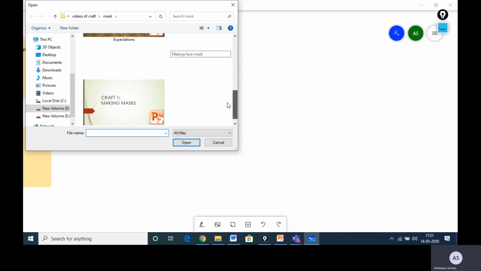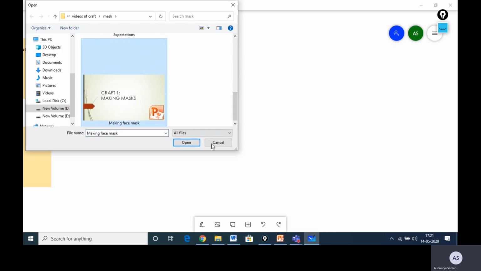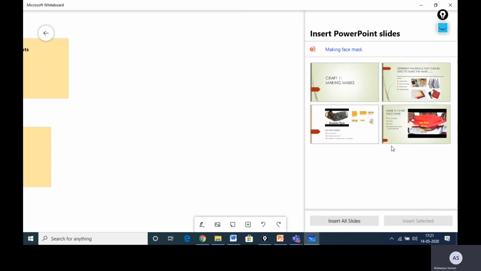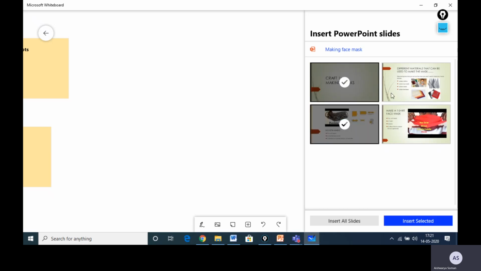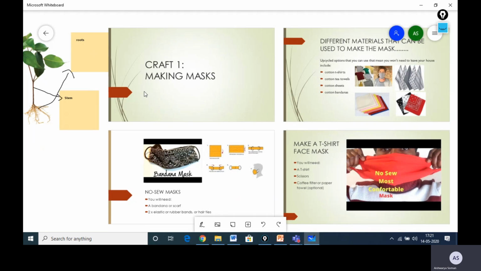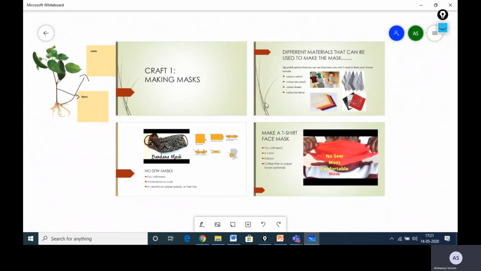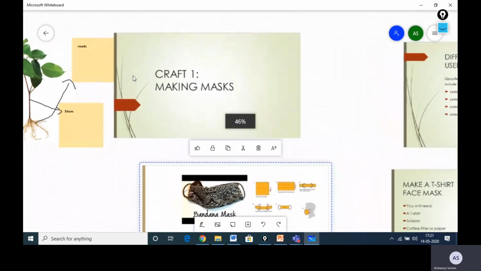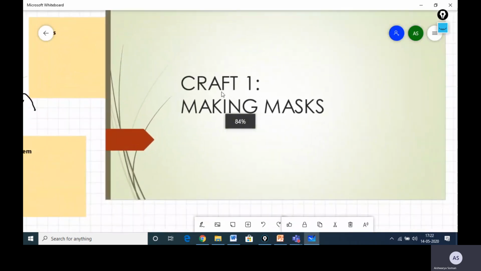It will ask you what PowerPoint you want. And I'm just going to click on this PowerPoint, for example, open it. Now it will ask you whether you want to pull out all the slides from your PowerPoint into the whiteboard or just one slide. You can choose which slide has the activity and pull only that. I am just pulling everything and showing you. Select all slides. Okay, now what happened is it inserted all the slides here for me. You can move the slides. Okay, and then you can zoom in and enlarge to make this one whole slide.